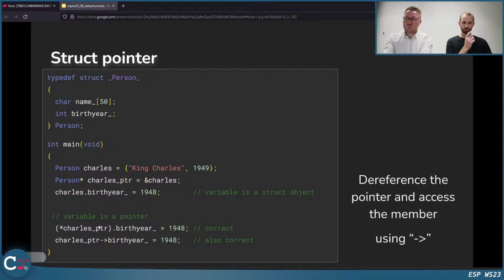And when we want to access the member variables of a pointer, we need to dereference it first and then use the dot to get to the member variable. But there's a shorter notation, a shorter writing style for this, and this is this arrow here. I think most of the time we will use this arrow because it's much more convenient than dereferencing first and then accessing the member of a struct.